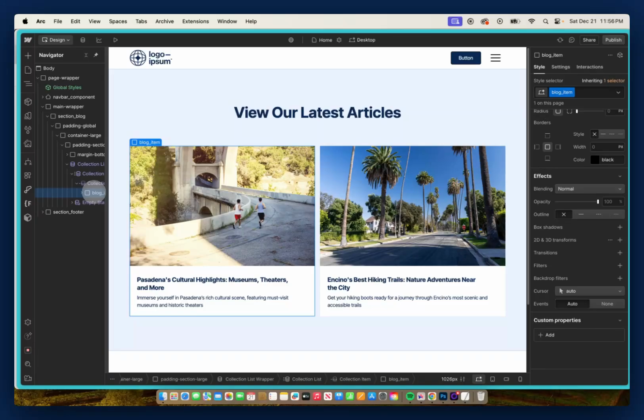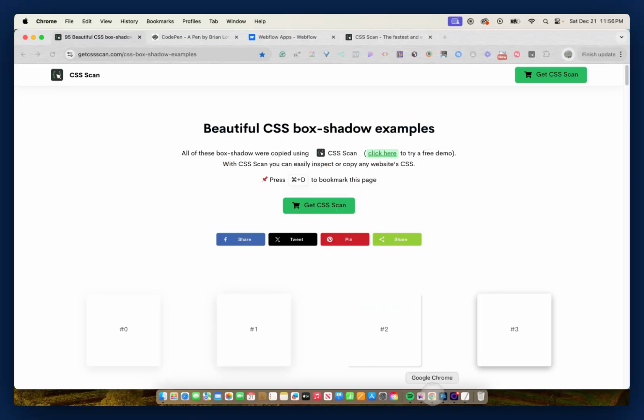Hey there, quick Webflow tip if you're struggling to create beautiful or realistic looking shadows on your cards or UI elements. So in my example here I have a card with the class of blog_item, and right now I don't have any shadows applied. So what I'm going to do is I'm going to head over to this website called